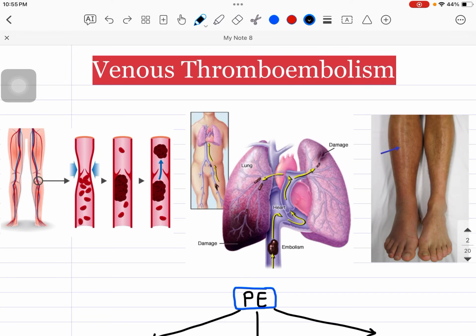So this is Dr. Shubham, and today in this session we will be talking about venous thromboembolism, which is also called pulmonary embolism. Earlier it used to be called pulmonary embolism, but nowadays we are calling this venous thromboembolism, right? I know many of you are already aware of this term pulmonary embolism, and we are studying this particular term from